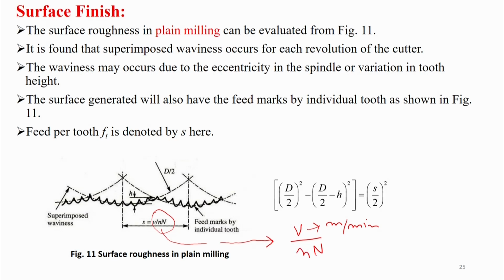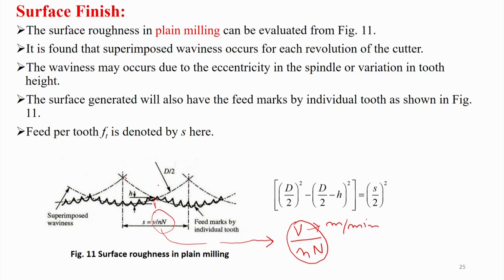but if I divide it by n as well, then I will get the distance moved by one tooth. So one portion was here and the other is here. Suppose you have removed the material like this, and then we move, this portion is here, then this has moved here. So here it has removed this much material, and this much portion remains. This h is basically called the height of the peak.